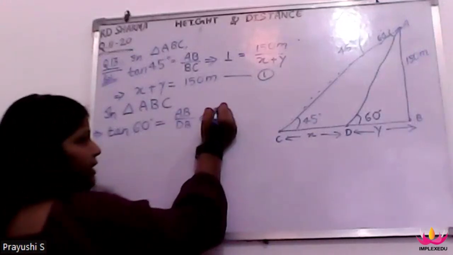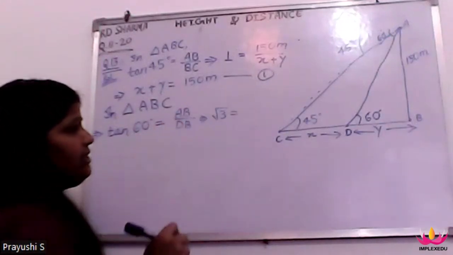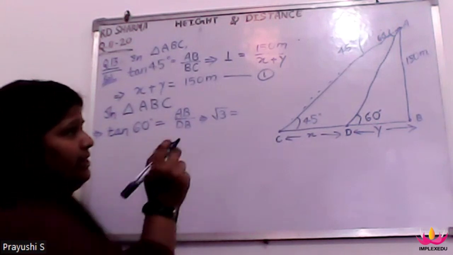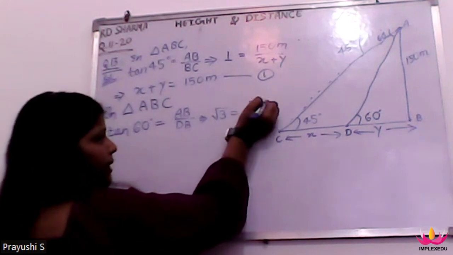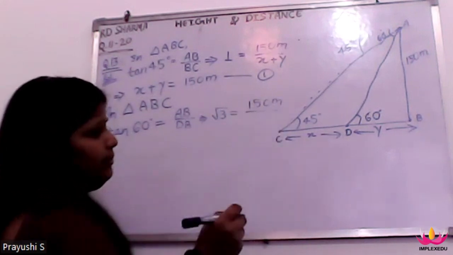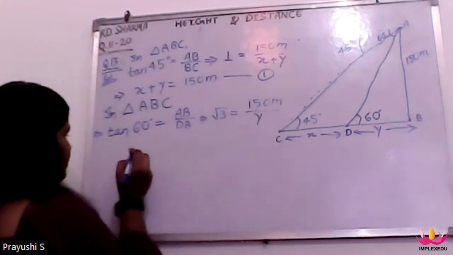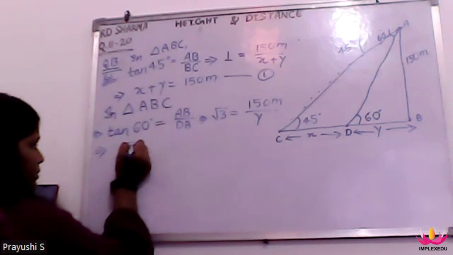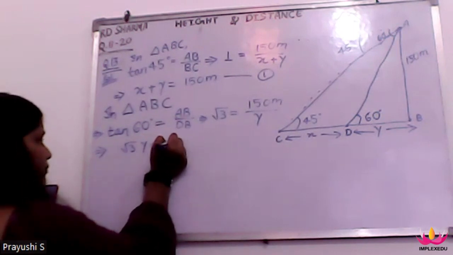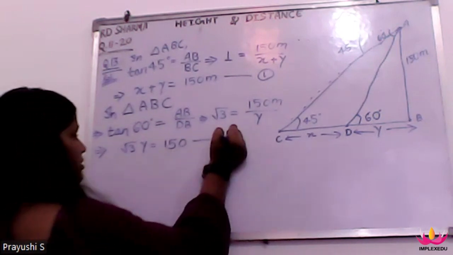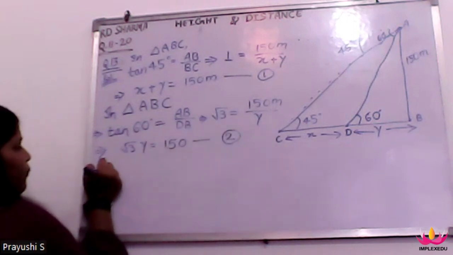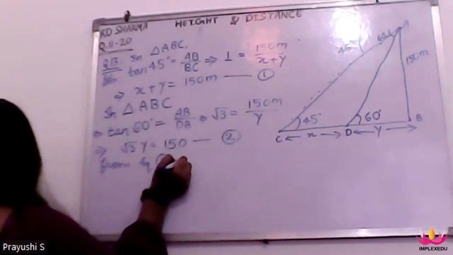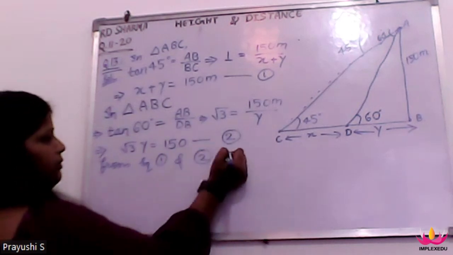So we will write root 3 here and the value of root 3 will be equal to AB upon DB. So now value of AB is 150 meter and value of DB is equal to y. Correct? So from here we will get that root 3 y is equal to 150. Okay, this is our equation 2. Now from equation 1 and 2, we get,